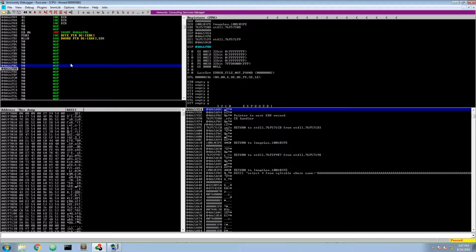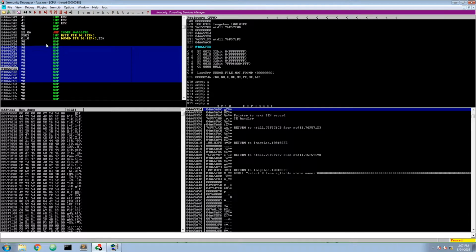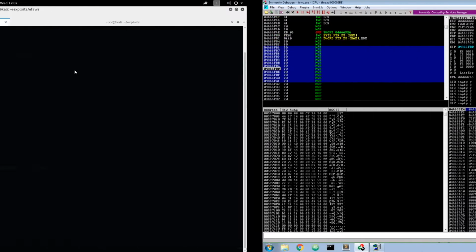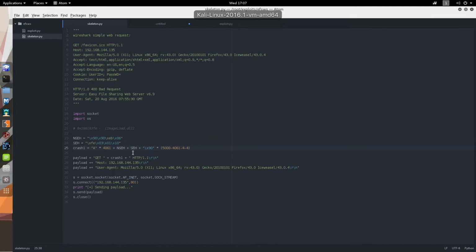We want to do some egg hunting, so instead of putting a reverse shell or something right in here, we will put the egg hunter in here, which is very small, and we will try to find another parameter or position where we could put our final payload. To do so, let's have a look at our script again. And what we see here is we have another parameter, for example, the user agent, where we could put a payload.